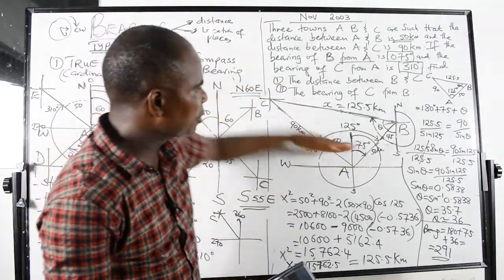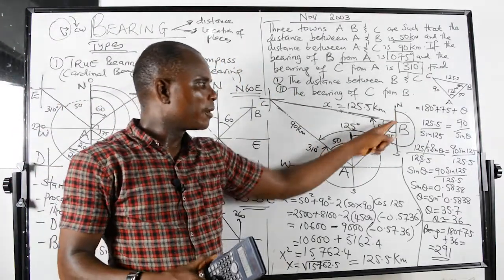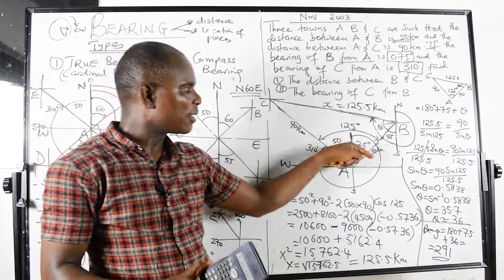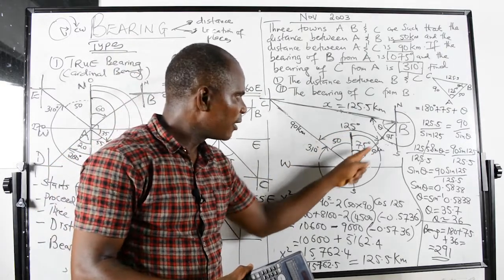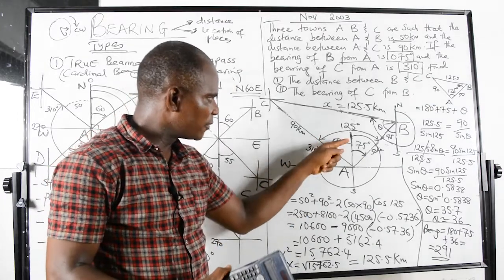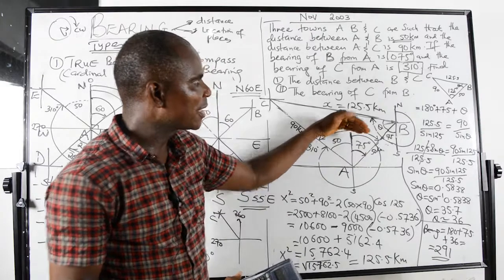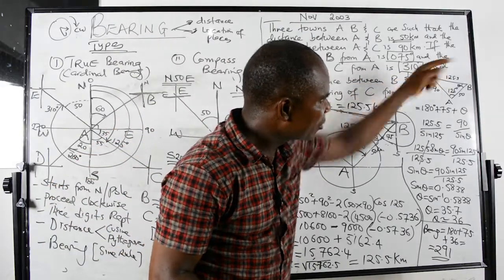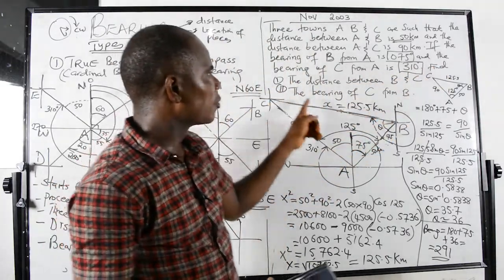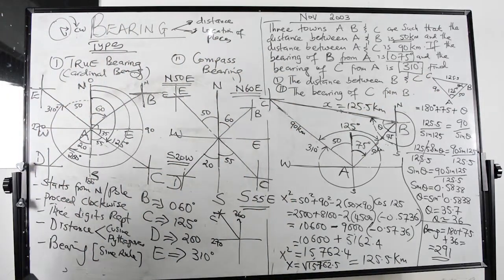So we have got two sides of the triangle. In the cosine formula, if you want to apply it, you look for the two sides and the included angle. How did I get this 125? This is 75, and I have moved up to 310, so the remaining is 50. So 50 plus 75 will give me 125. So I've got the internal angle here. This is the angle inside. So now I'll use the cosine rule to get this distance. That is how the cosine rule is applicable. That is the end of that question.